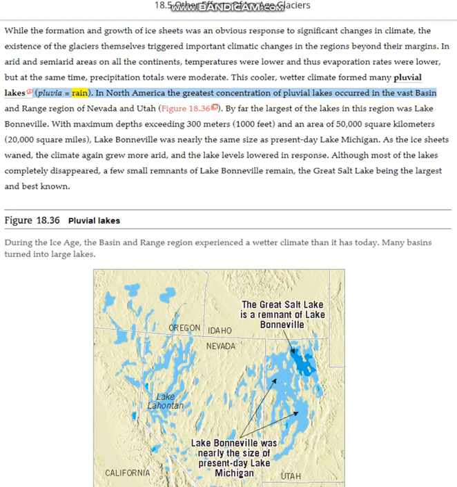Pluvia equals rain. In North America, the greatest concentration of pluvial lakes occurred in the vast Basin and Range region of Nevada and Utah, Figure 18.36. By far the largest of the lakes in this region was Lake Bonneville, with maximum depths exceeding